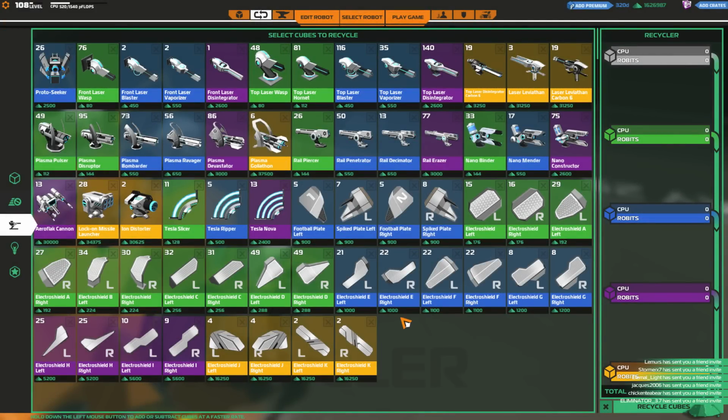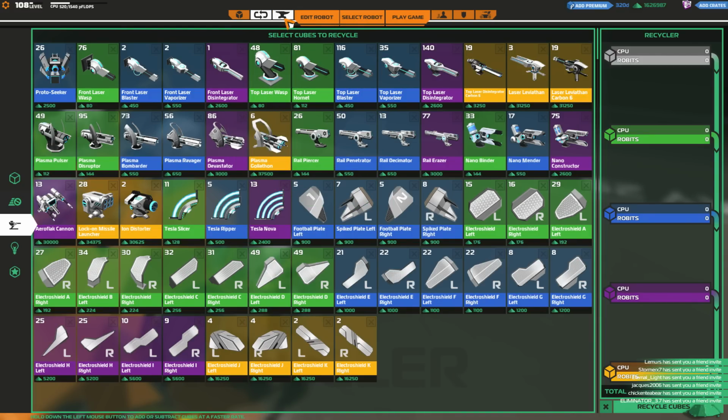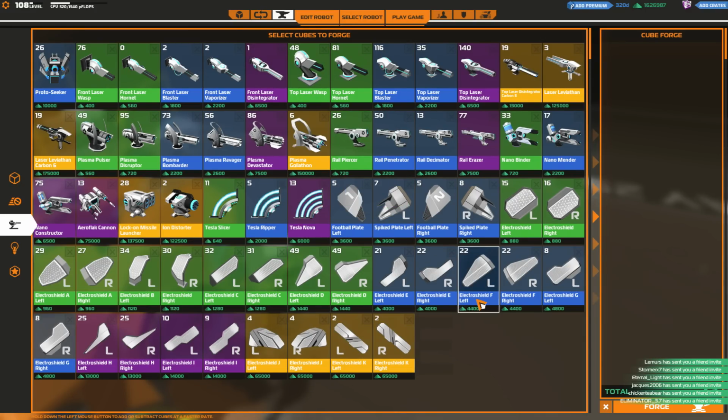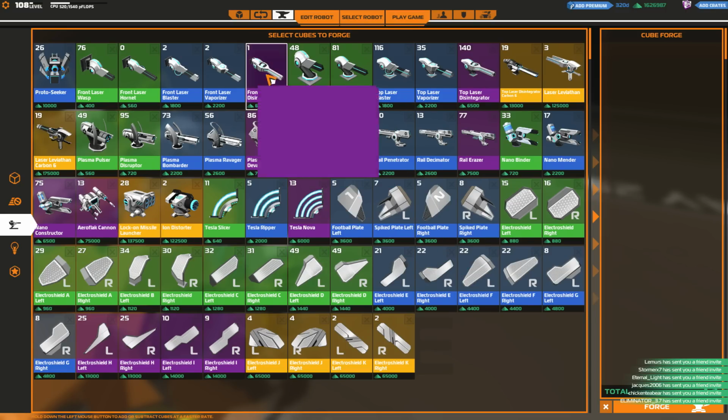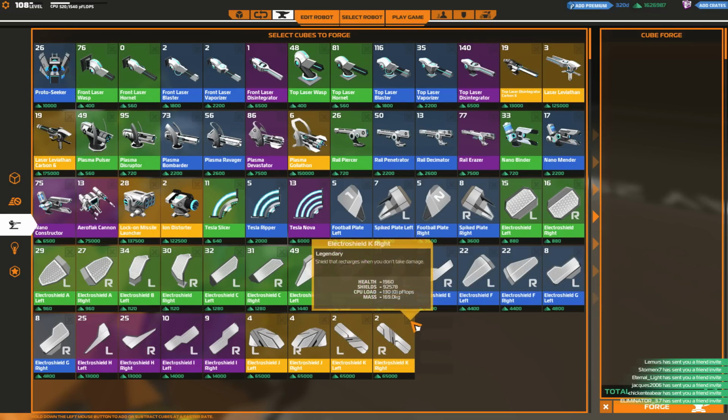Now what I will say is this is woefully inefficient. If we sell one of the top laser wasps, for instance, we are only going to get 80 Robits. If we then go and purchase the top laser wasp, we're going to have to give it 400, which is a bit of a change. It's definitely a lot less efficient than the old system, which was a 50% system. If one of your items cost 100 to purchase, you could sell it for 50. Now it's actually less than a quarter,